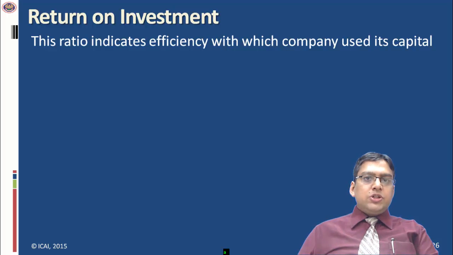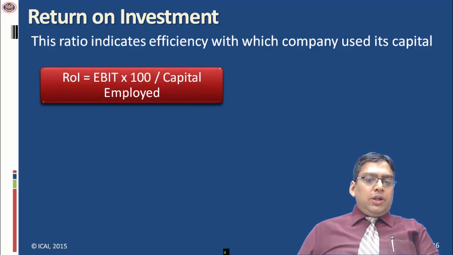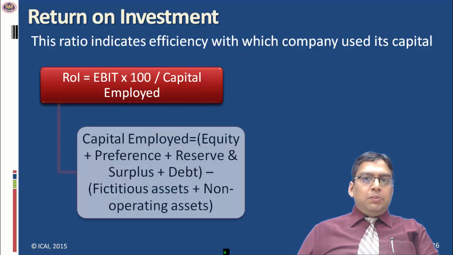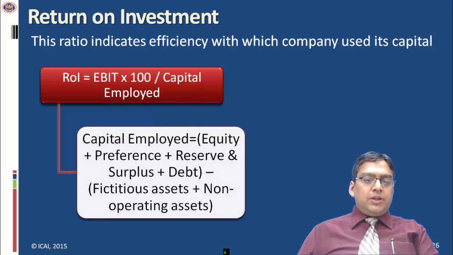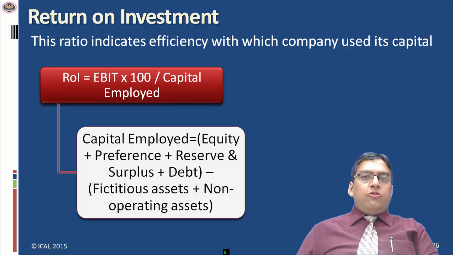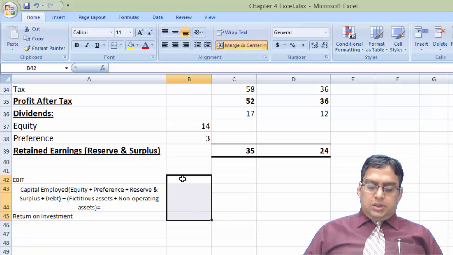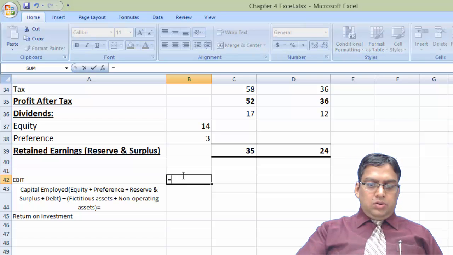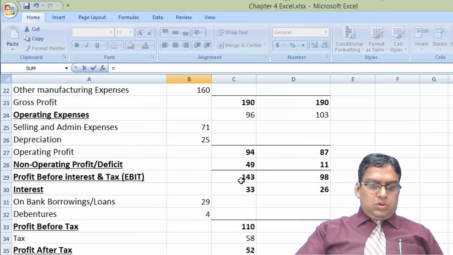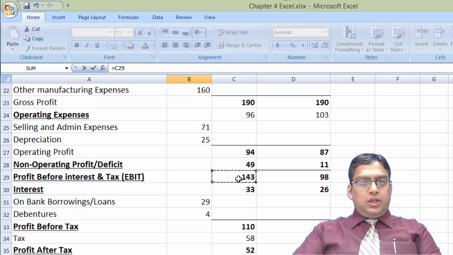This ratio indicates the efficiency with which a company uses its capital. Return on investment equals EBIT multiplied by 100 divided by capital employed. And capital employed equals equity plus preference plus reserve and surplus plus debt minus fictitious assets plus non-operational assets. EBIT is given in the balance sheet, that is C29, 143,